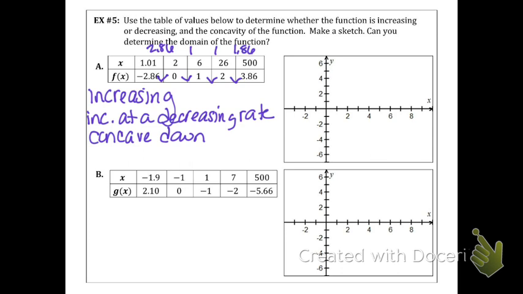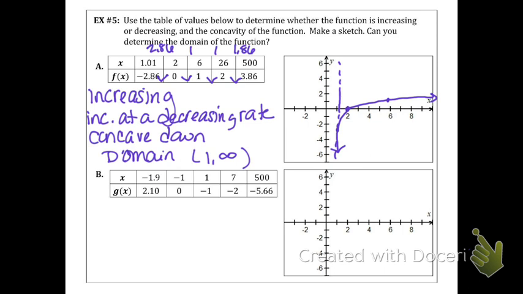Make a sketch, and can you determine the domain? So if we do our sketch here, and so with it being at 1.01, that's telling me that we'll probably have that vertical asymptote there at 1. And so our domain is going to be 1 to infinity. Now when we look at B,